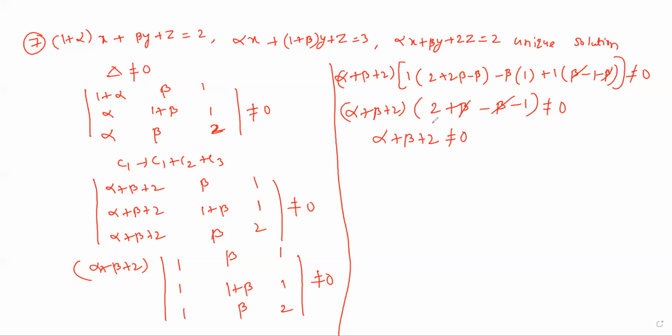Now if you take option A, alpha is 2, beta is 4, it is not equal to 0. That's why it will be satisfied. But if you take the remaining options B, C, D, you will get minus 2 plus 2, 0 on the left side. That's why option A, if you take 2, 4, will clearly satisfy the given equation. That's why option A is the correct one.